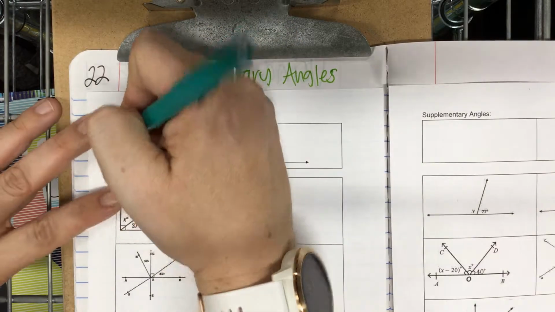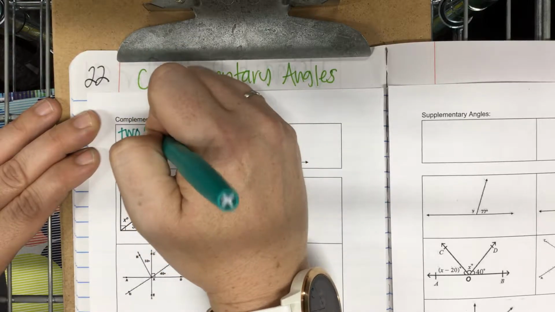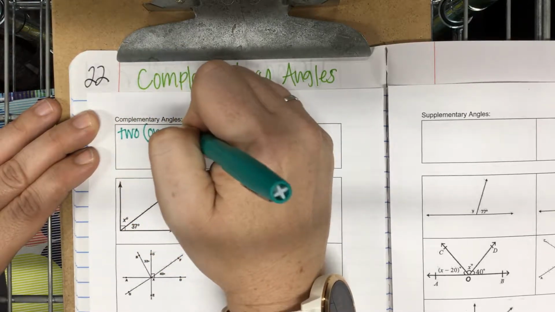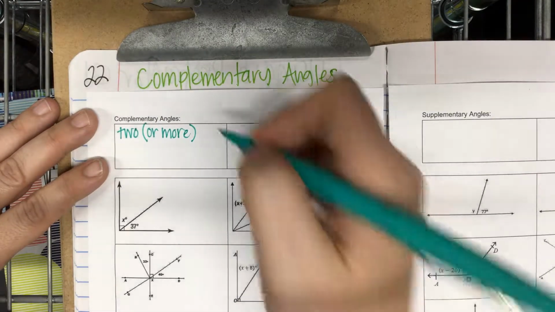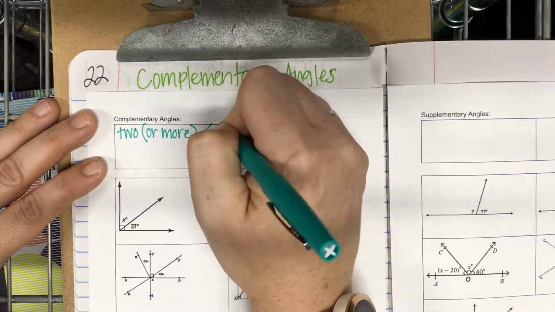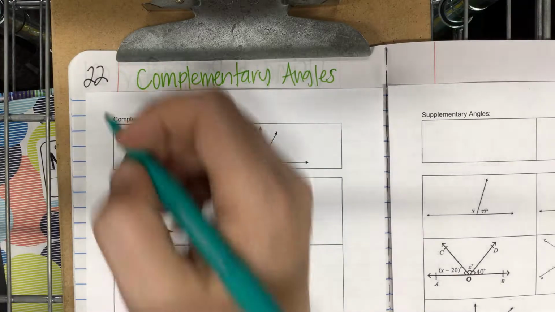Complementary angles are two or more, maybe it's three, two or more angles. Do you see how that looks like an angle? So I don't have to write the word angles. If you want to write the word angle, go for it. Two or more angles